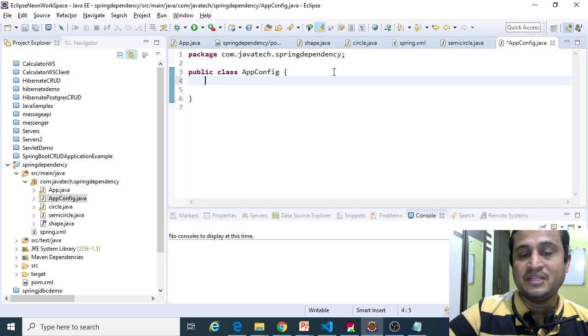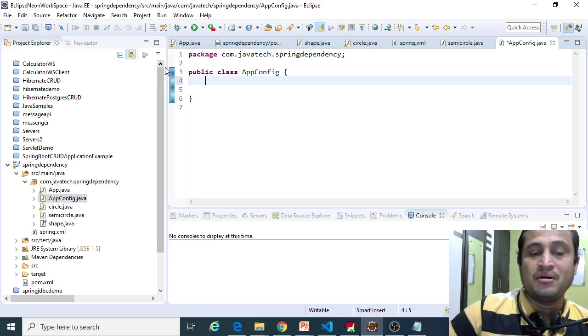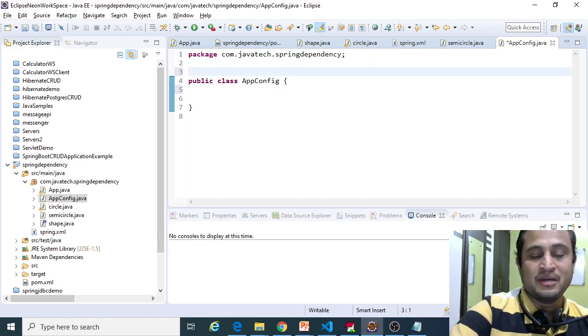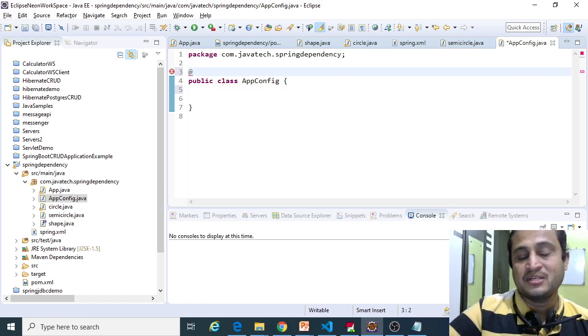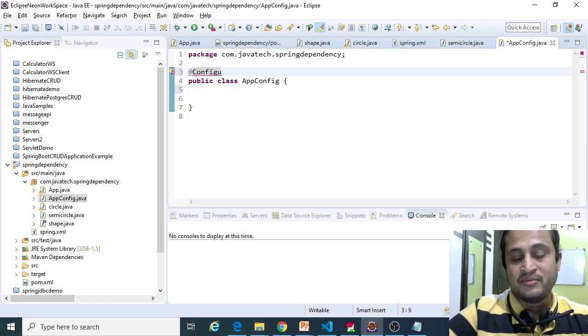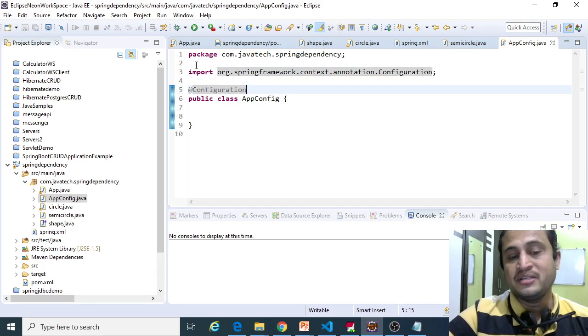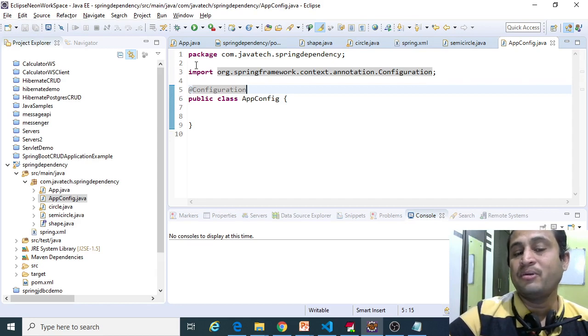So in the AppConfig, I'm registering this particular class as a configuration class. If you put this annotation, it will become a configuration class.